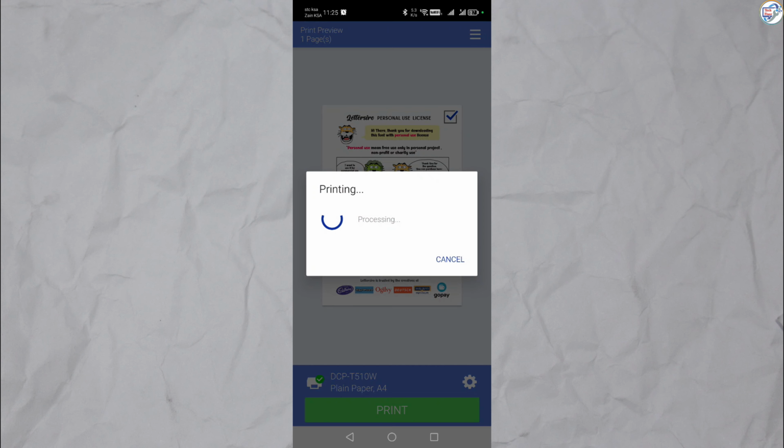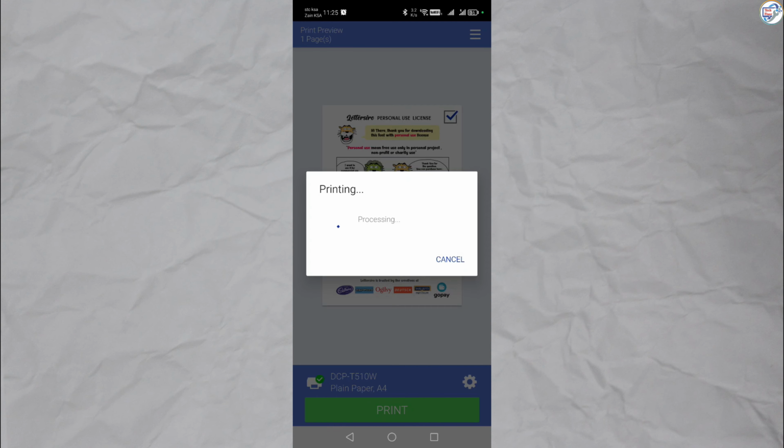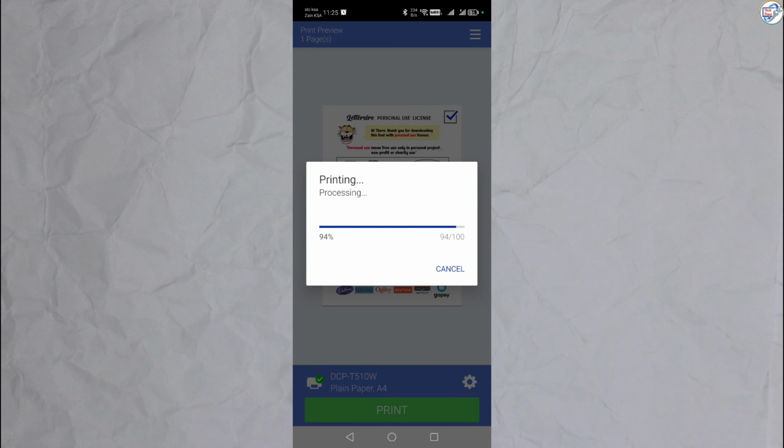Open a document or photo within the iPrint&Scan app and send it to the printer. Use the scanning feature in the app to scan documents from the printer to your